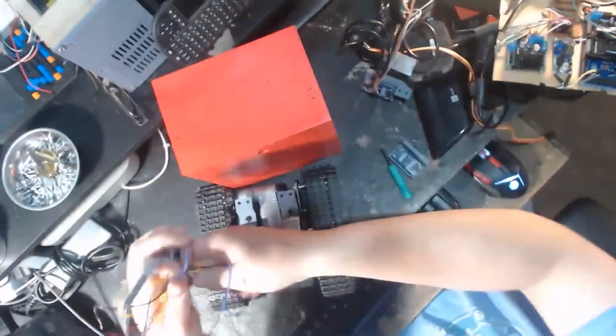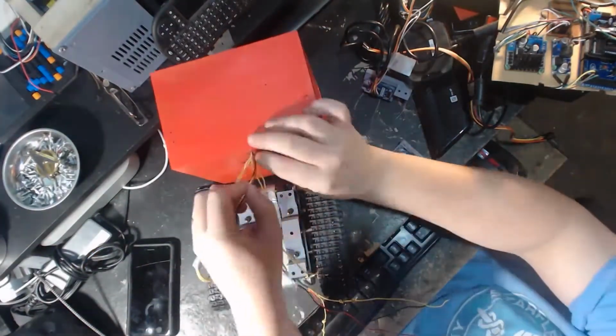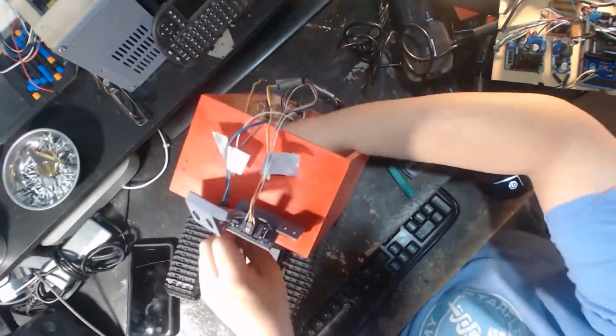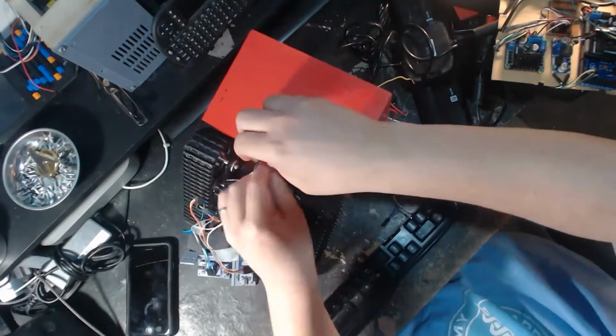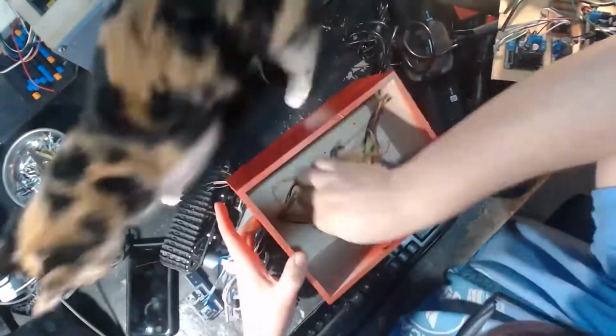Alright, that's a better camera angle. So let's start threading wires through this box. And I probably should have made a bigger hole, because there's a lot of wires to go through. Each of the motors, I think, has 5 wires, and that controls forward and reverse direction. It controls the encoders. The encoders, if you don't know what a wheel encoder is, lets you know